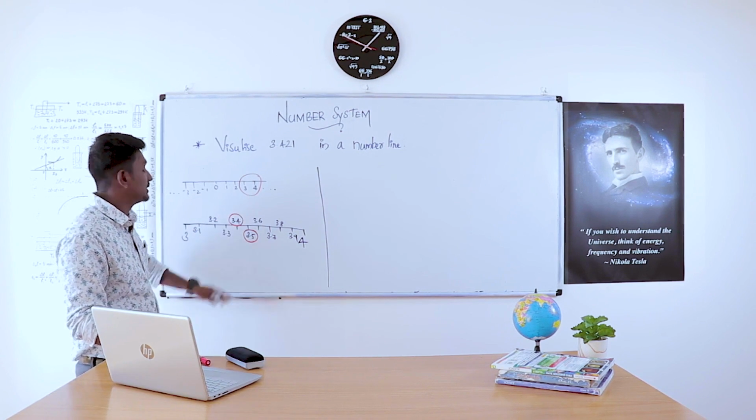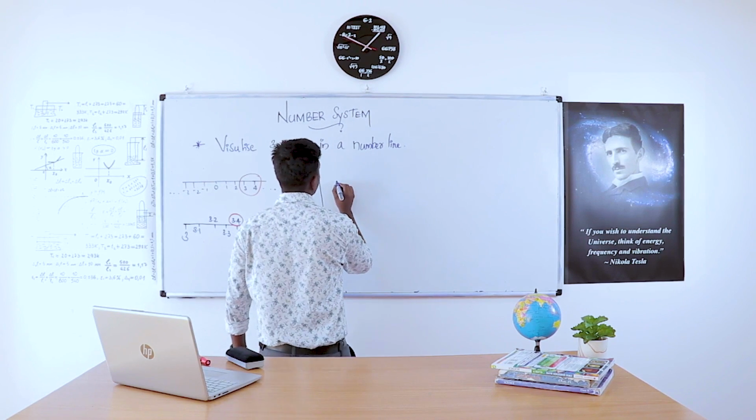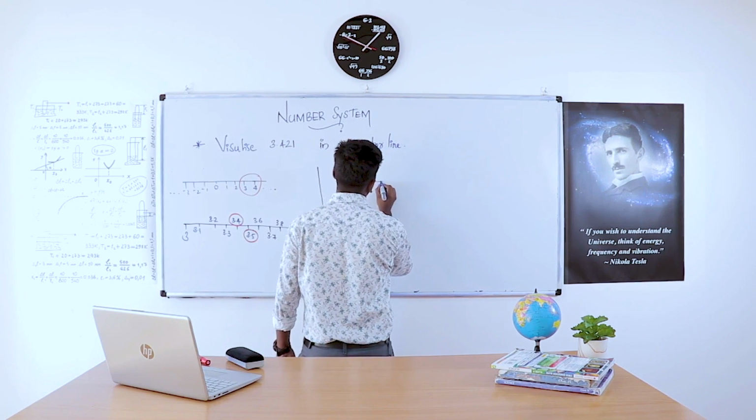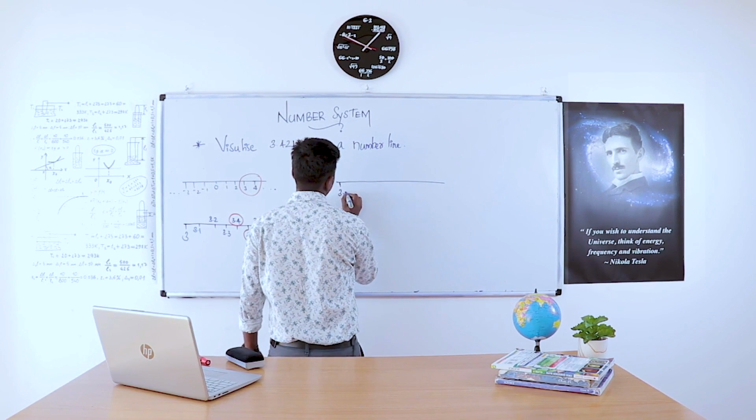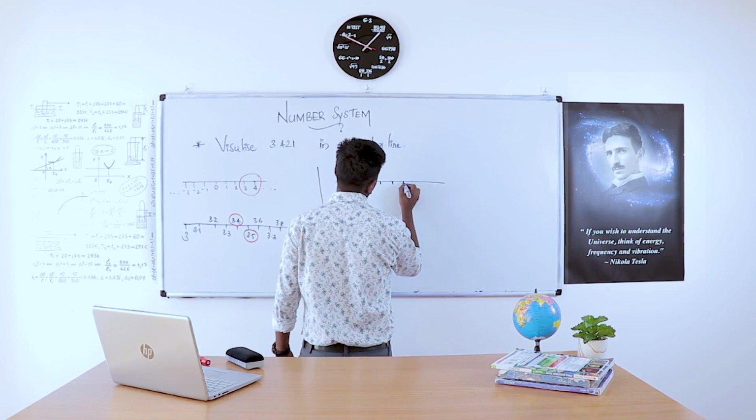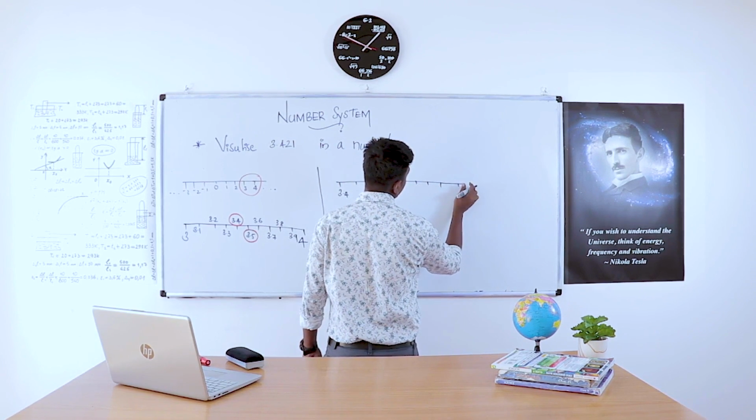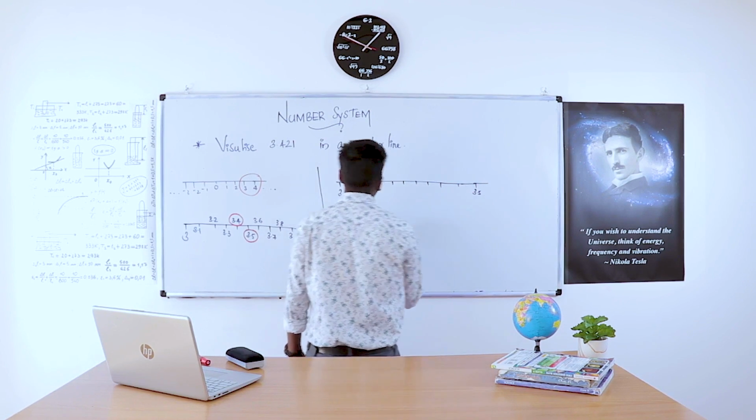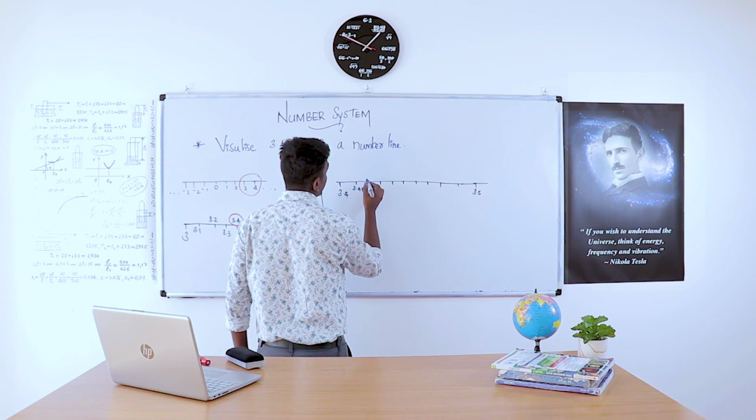So we have to zoom the positions of 3.4 and 3.5. In between 3.4 and 3.5, there is 3.41, 3.42,